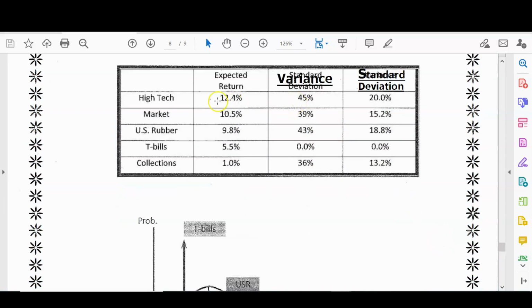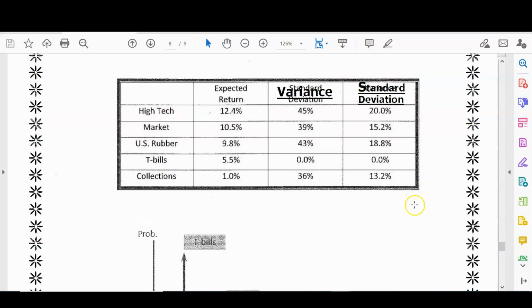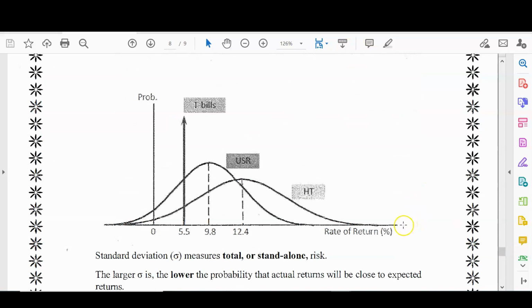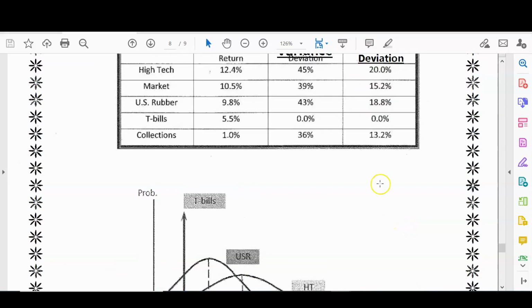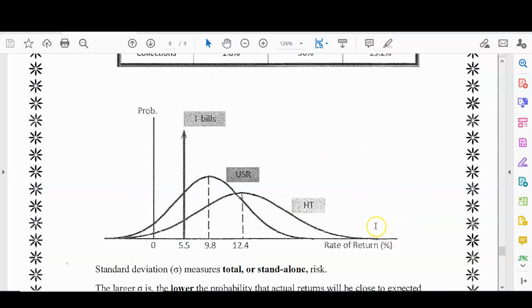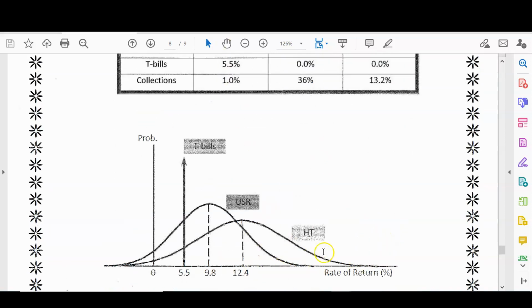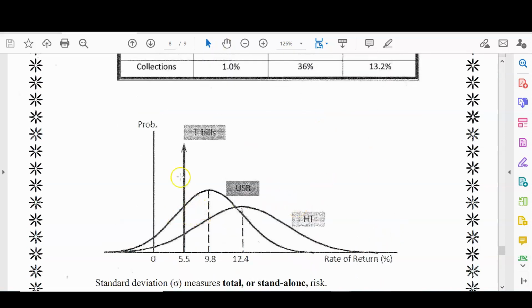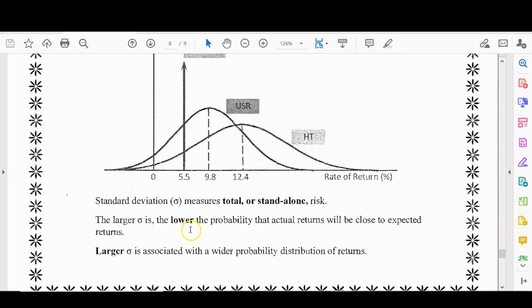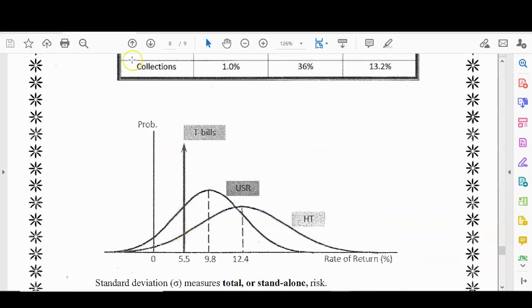Okay, and you can practice again using formula or calculator to solve for expected return and standard deviation for these 5 investments based on the first graph we provided as the conditions. Okay, and if we draw these numbers on the real graph, we can see that Treasury bill has the same return, 5.5, in any of the scenarios, so it becomes a vertical